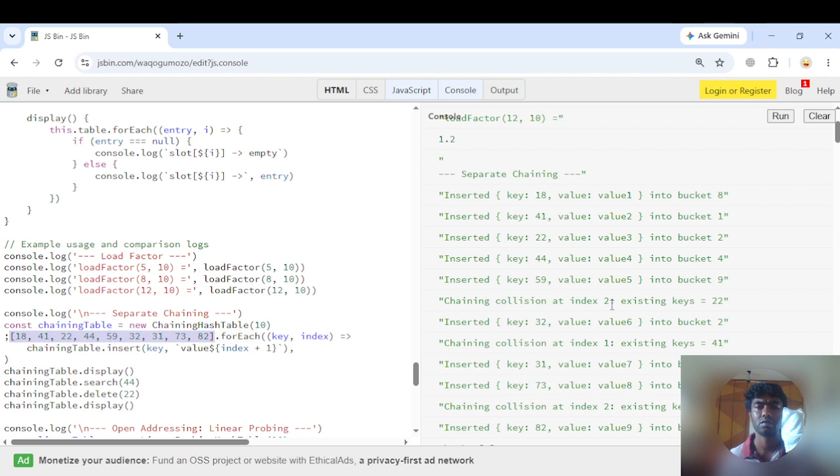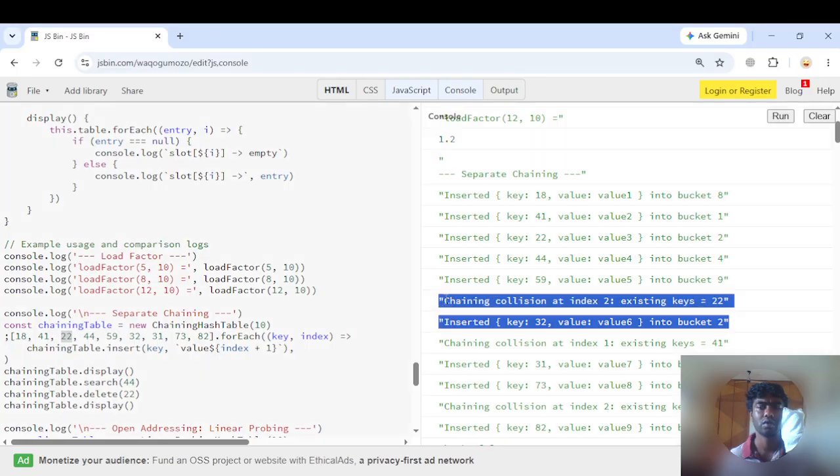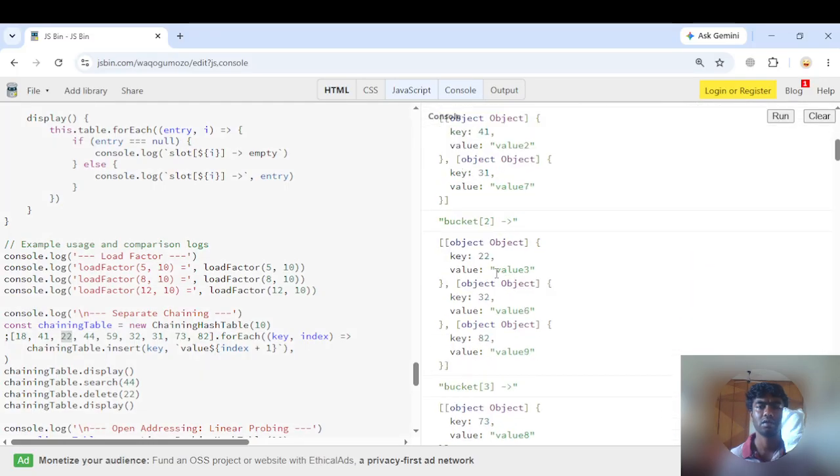Okay, so collision at 22 and 32 because there is already a value at index 2. So inserted 32 into bucket 2, right? So once we display this,